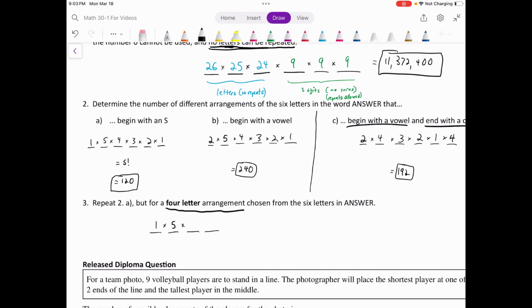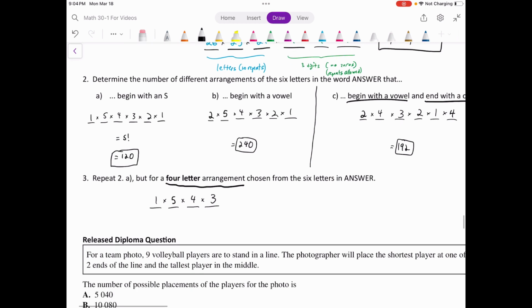Then I've got 4 left to choose from. I've used another one, so now I've got 3 left to choose from, right? Notice it doesn't go all the way to times 2 times 1, right? But that's because we're only choosing 4 letters out of the 6, okay? So there will be 5 times 4 times 3 ways to choose them. That's going to give us 60,